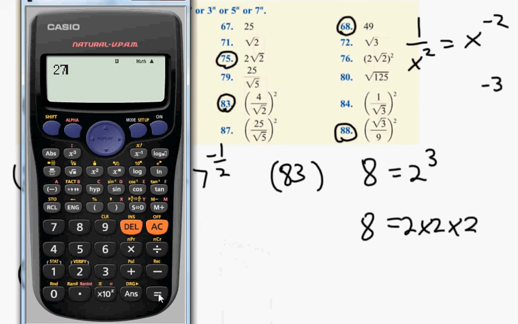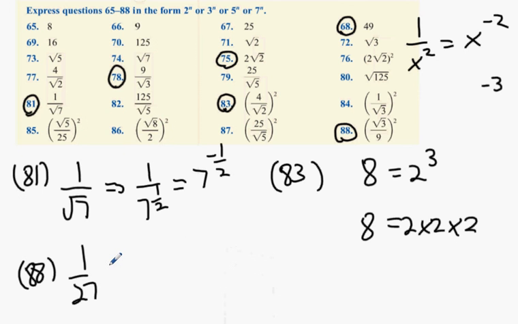Now what happens if we put 27 in on its own? 27, shift fact. 27 is the same thing as, okay, you're nearly there, Cameron, go for it. 3 to the power of minus 3. Okay, so